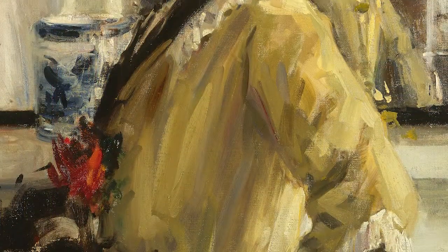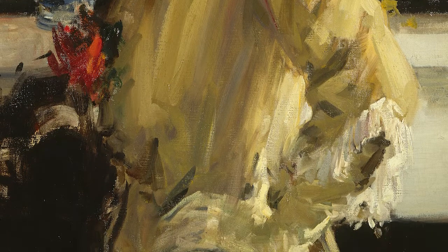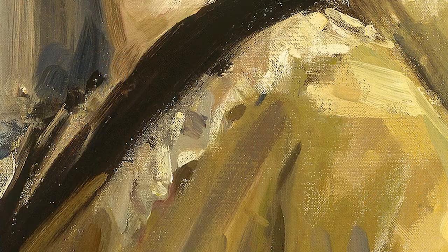The dress she's wearing is a kind of almondy, yellow coloured silk, quite loose bodiced dress, which is typical of the period. It would be underpinned by a very long line corset, which would give the figure a kind of S-shape bend to it, very elongated and long, but quite full in the front. This was the style at the time. And this is what was about to change greatly in the 1920s, this idea of what was the ideal sort of body shape. She's wearing lace trim, which again was very fashionable at the time,